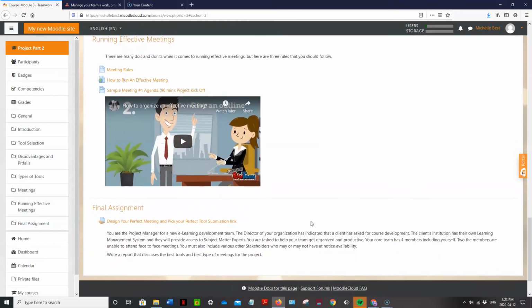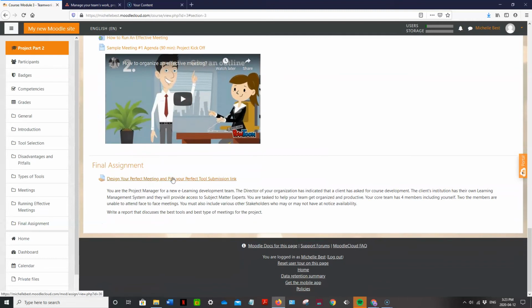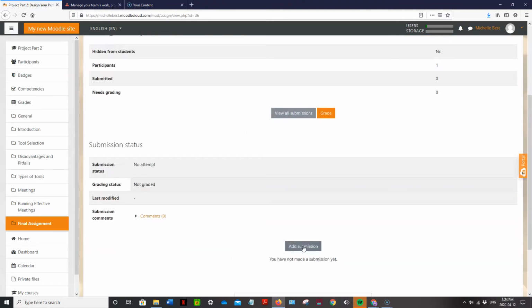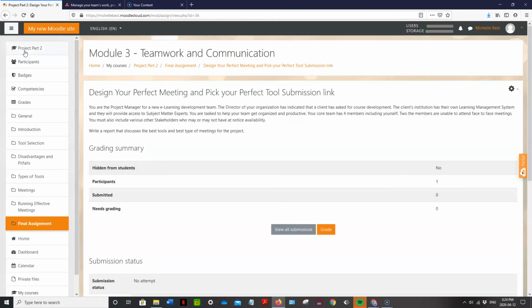And then finally, the bottom is the final assignment. This link is a link where the person has typed their assignment in a Word document or created a PDF document, and they add their submission, and this is submitted for grading. So if I go back to the top,